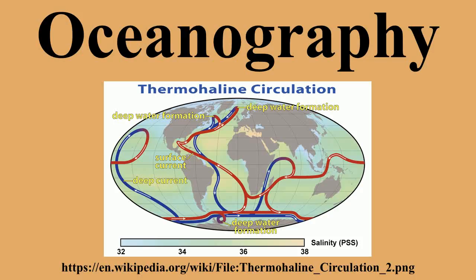The Great Global Rift, running along the mid-Atlantic ridge, was discovered by Maurice Ewing and Bruce Heezen in 1953. In 1954, a mountain range under the Arctic Ocean was found by the Arctic Institute of the USSR. The theory of seafloor spreading was developed in 1960 by Harry Hammond Hess.